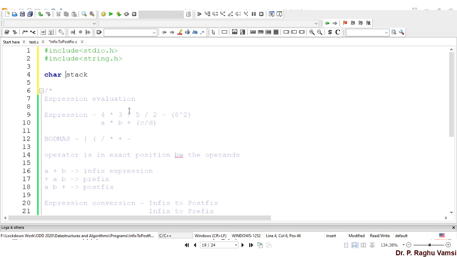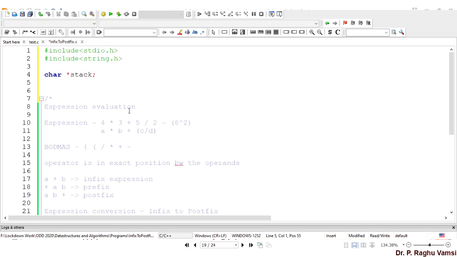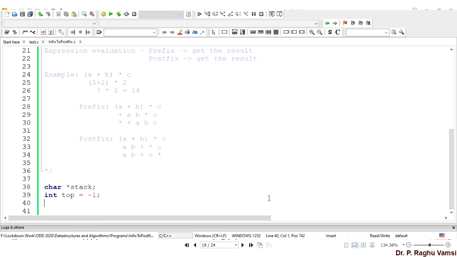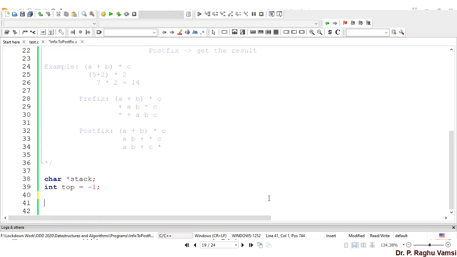So the character stack is a char star, because I'm going to take a dynamic stack. Depending upon the length of the input infix expression, I will adjust the stack size. That is the reason I'm taking it dynamically.